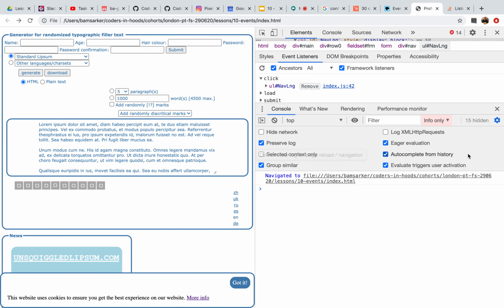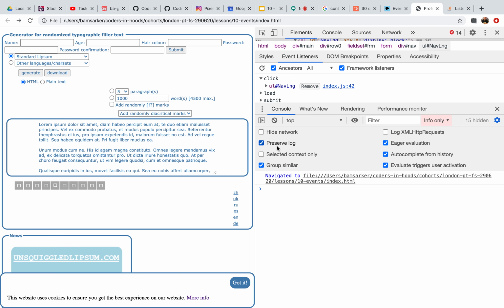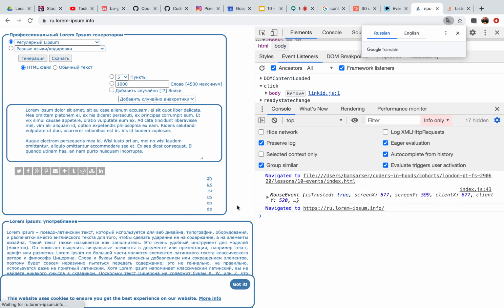you can check preserve log. So down here in the console drawer, you can go to console settings and preserve log. Usually the log gets cleared when you navigate to a different page, but in this case, I want to keep the log around because we're clicking on something to navigate to a different page. So now we can see that the mouse event has logged out,